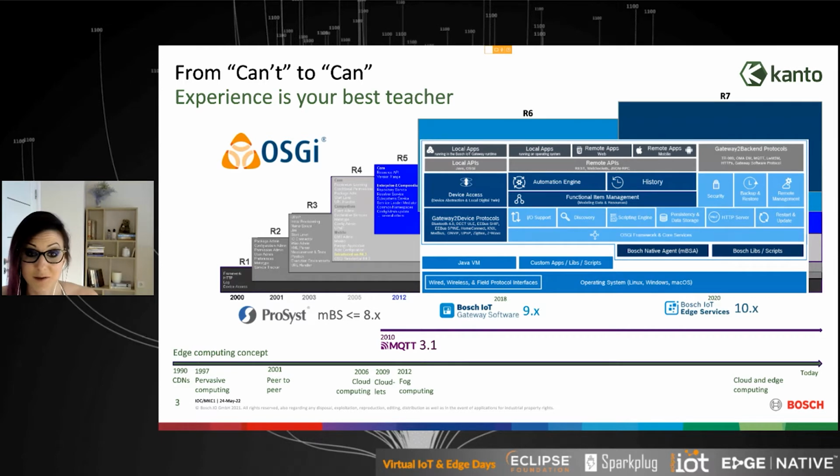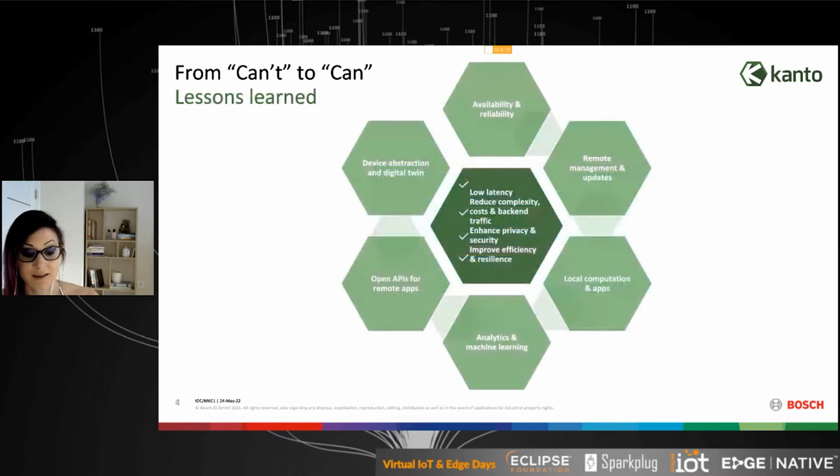But now, having so many connected devices, so many IP-enabled devices, we have the ability to achieve something more, to gain from all the lessons that we have learned along the way, over all of these years connecting devices, getting to know what the real environment looks like, getting to know battery-powered devices, wired protocols, and so on, and all of the pitfalls you can jump into along the way, learning how to manage and how to do that as well. So, as experience is our best teacher, the question is what we have learned after all of these years.